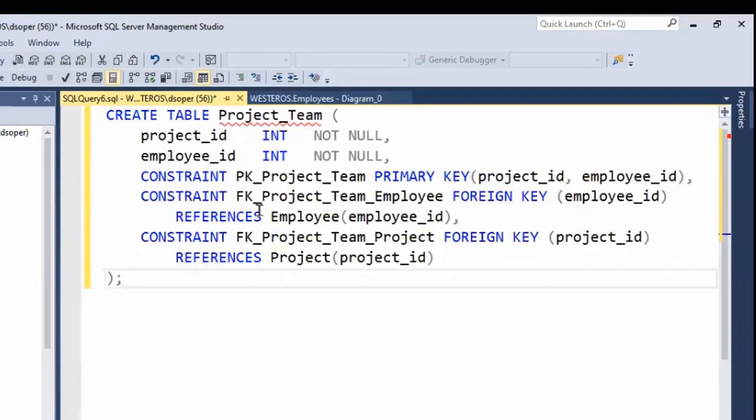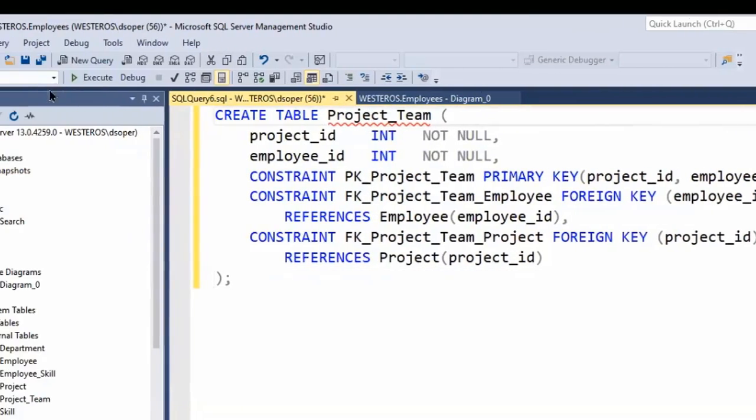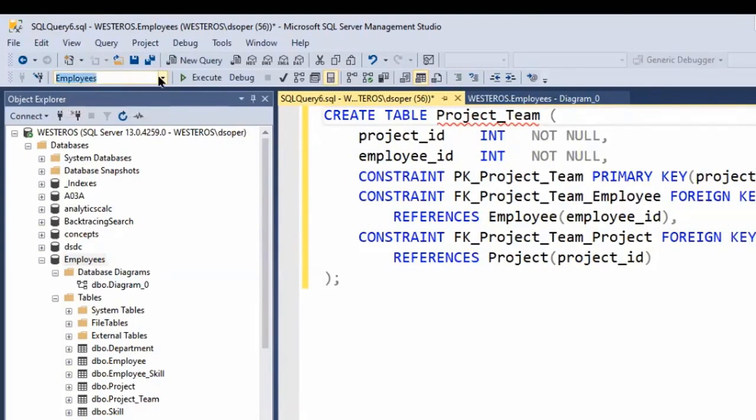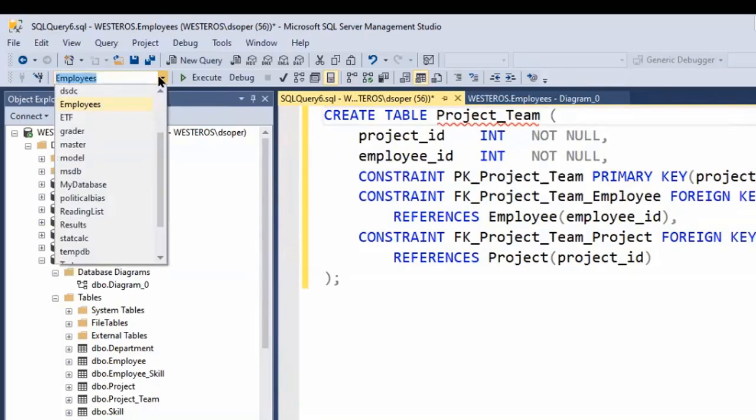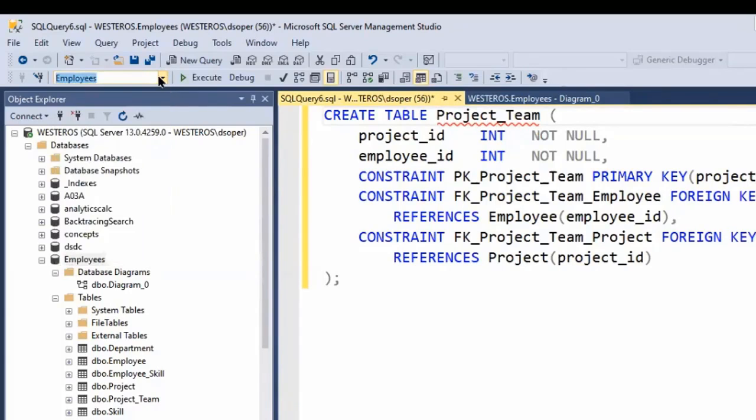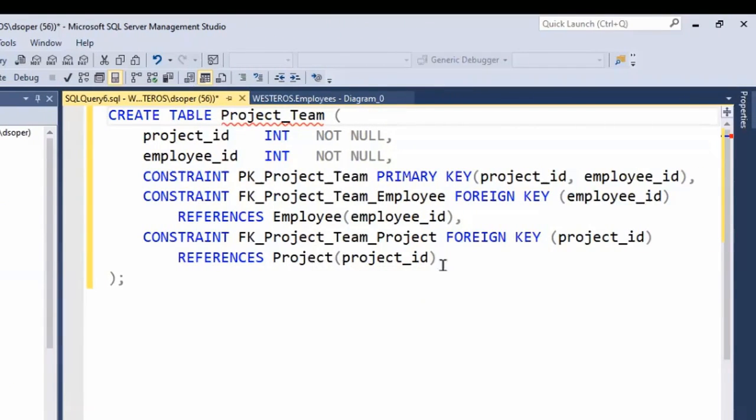All right, so this was our create table statement from last time, which would create a table named project team. And remember, it points to our employees database. In this case, we want the statement to be sent to the employees database, so I ensure that that's selected on the dropdown. Now, the only difference between what we saw here from last time and what we just learned about these cascading updates and deletes is that we need to add the instructions to do a cascading update or delete. Okay, so if I want to do a cascading update, I would say on update cascade,